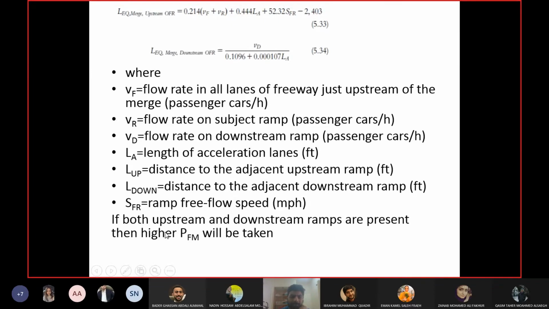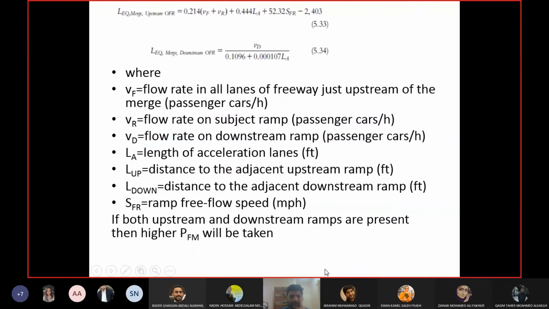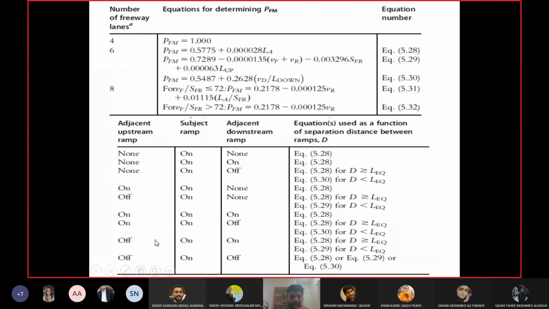Now you may have a case where you have an upstream ramp as well as a downstream ramp. You have a ramp as upstream and you have a ramp downstream as well. In that case, you may end up calculating, so for example, they have given a case here. Maybe you are calculating 2 or 3 values of PFM. In that case, you will take the higher one. If you are meeting 1 or 2 conditions from this table, I think this is only for the